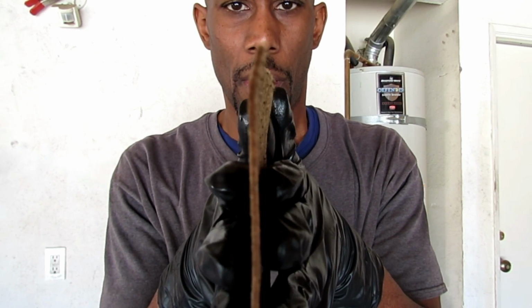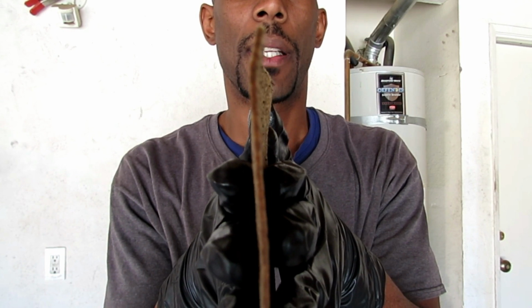Okay, I cut the filter element so you can get a better view of it. I don't know if you can see how thick it is, but it's about, I don't know, 1/16 of an inch. This stuff is pretty thick. It feels as if it's condensed cotton. It has a thickness to it. It's pretty hard to rip. Actually, I can't rip it. So it is built to last in my opinion,